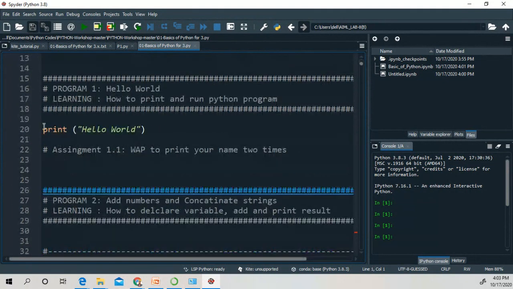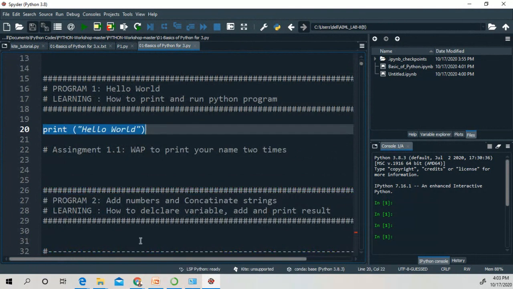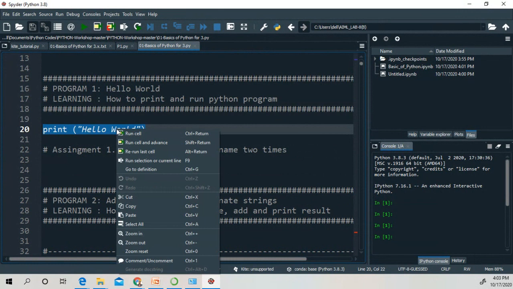Now you have to select this file and right click on it. You will find different options: run cell and advance, run selection or current line. If you want to run your complete program, then you have to use run cell.